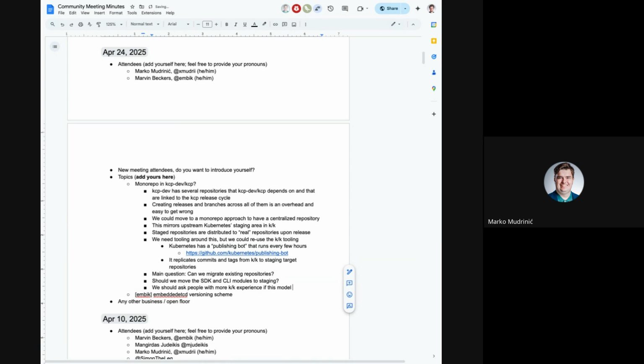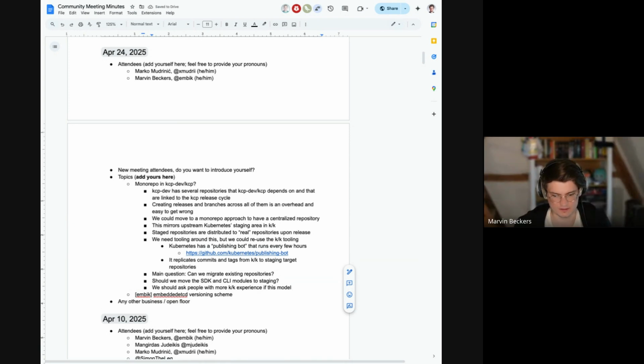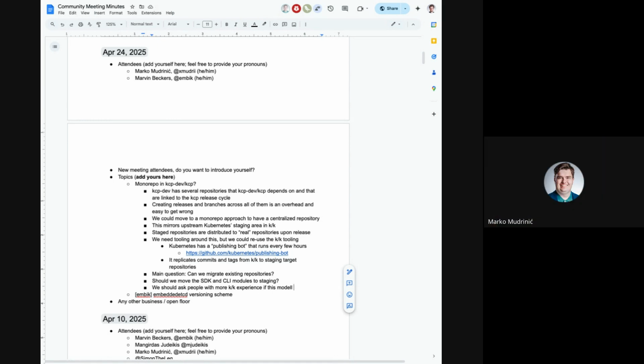So basically, just make sure that we build or use something that is known to work. And if someone from the core contributors tells us it's not really nice, then we should reconsider. In other words, we should perhaps ask Stefan about this because he works a lot with KK and can provide feedback on whether it would be nice to have this for KCP.